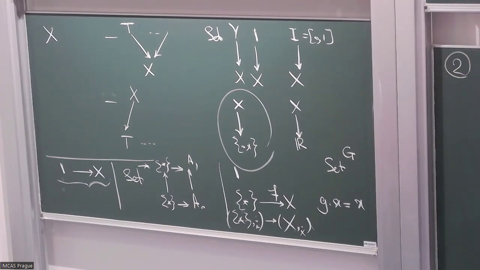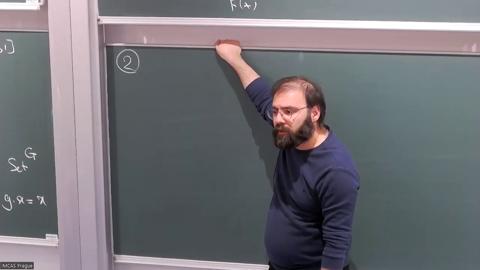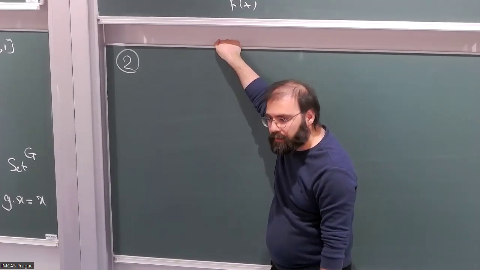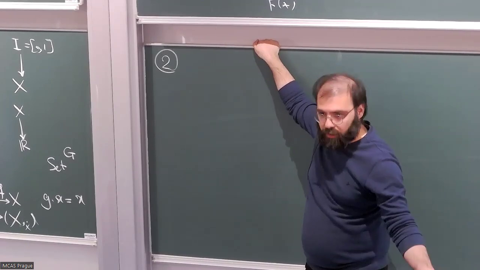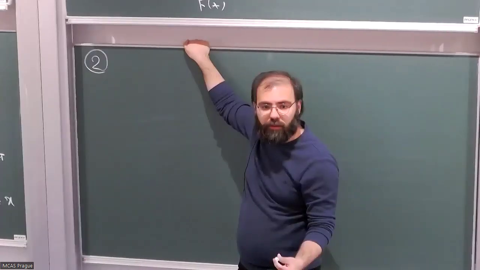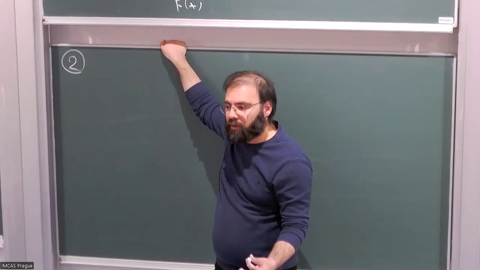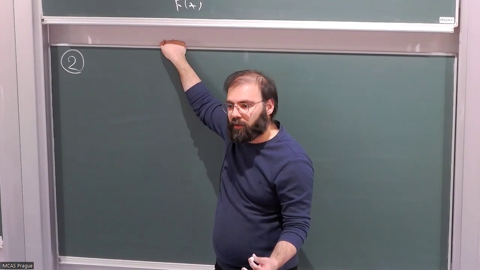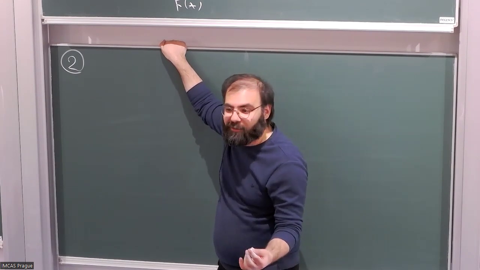So the second guy is the Cartesian product of two sets, right? So sets have the property that we can construct the Cartesian product, right? It's closed under Cartesian product. How to characterize this guy in a pure categorical language? Any idea? If you know it, you know it. If you don't know it, then that's fun to find it out.